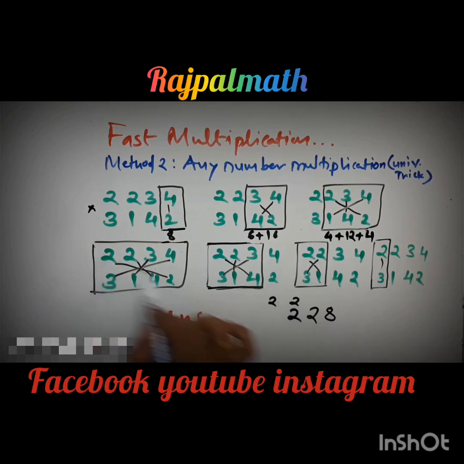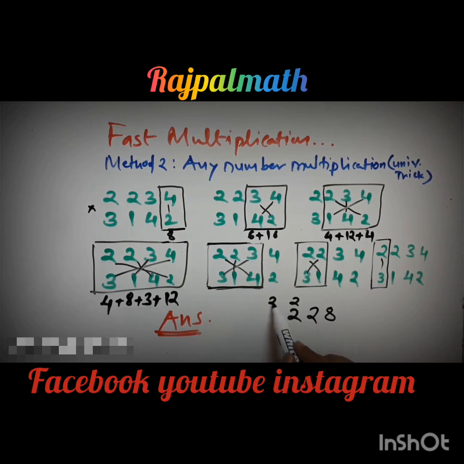Again carryover 2. 2 into 2, 4 plus 2 into 4 is 8 plus 3 into 4, 12. So 4 plus 8, 12 plus 3, 15 plus 12, 27, and add this carryover 2, so it will become 29. Again carryover 2. So 2 into 4, 8 plus 2 into 1, 2 plus 3 into 3 is 9. So 8 plus 2, 10 plus 9, 19, and carryover 2. So 19 plus 2 is